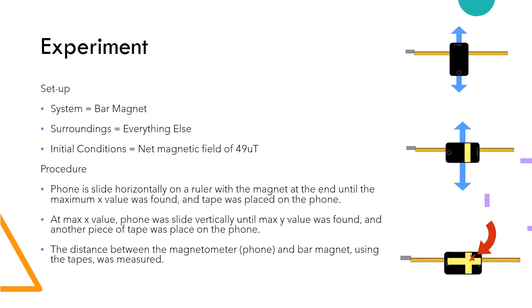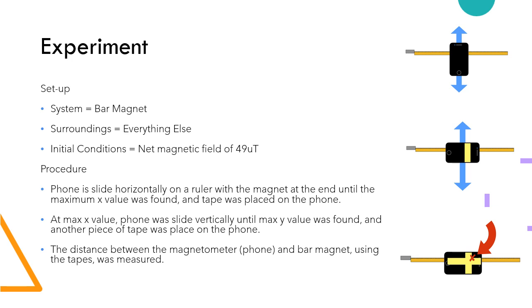So, the experiment. The setup: first of all, the system is the bar magnet, the surroundings are everything else, and the initial condition is a net magnetic field of 49 microteslas. Procedure. The phone is slid horizontally on a ruler with a magnet at the end until the maximum X value